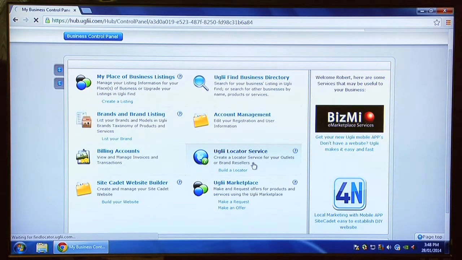Right. And in part of it, it has a credentialing component so that a credentialing organisation can show all of the businesses that it's credentialed, and as well as that, place a credentialing logo on the listing information for that place of business. Okay, so if we click on Locator Service, very easy to create one, but we